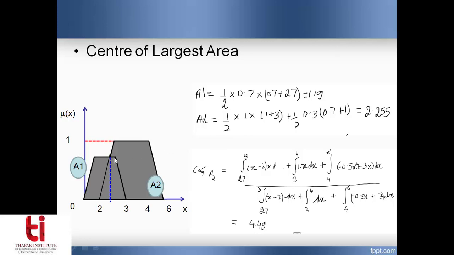Coming to the A2 area. Now if I see this area, remember, when we are going to take the areas, we have to take the non-intersecting regions. Intersection has not to be included. Intersection means I have to identify the area so that it is not included in both the sides.